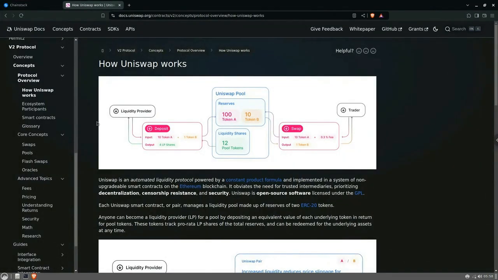Let's go to the Uniswap V2 docs. Uniswap V2 is an automated liquidity protocol or decentralized exchange. Each Uniswap smart contract or pair manages a liquidity pool made up of two ERC20 tokens. Anyone can become a liquidity provider for a pool by depositing tokens in return for pool tokens, also called LP